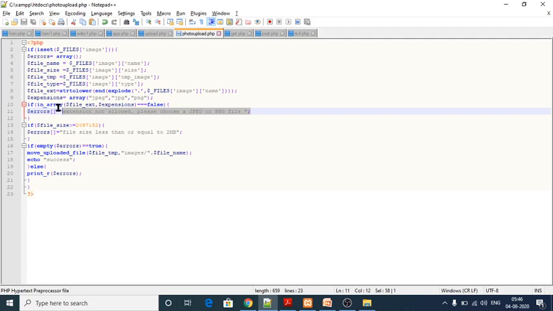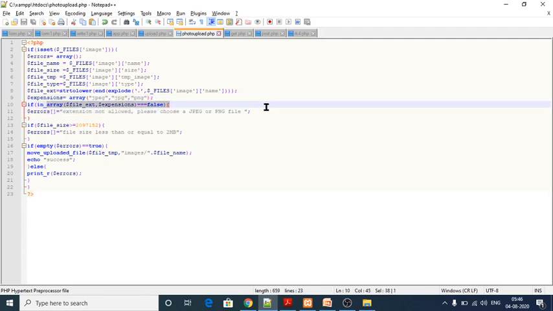So next one is, if in array file ext and extension is false, which means what I have given within this array is false, means other formats other than JPEG, JPG or PNG are not allowed to upload.